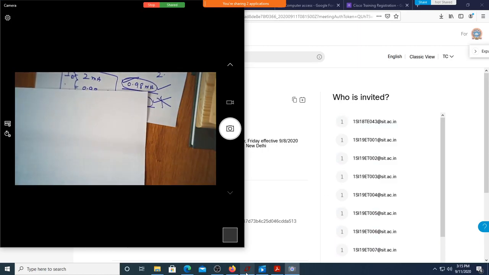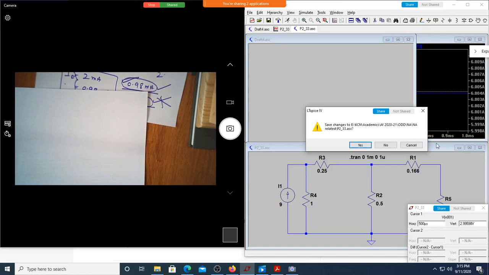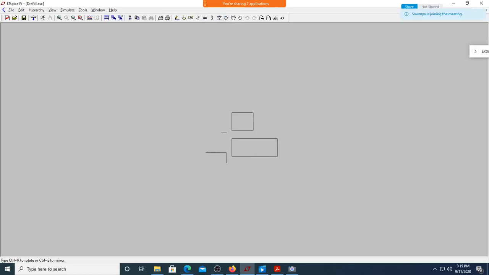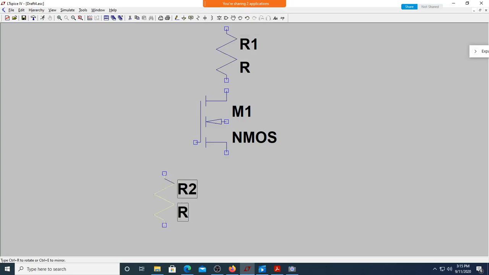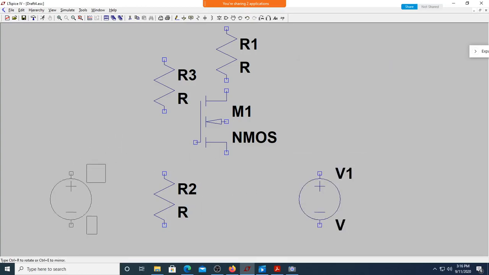Let me go to LTSpice here. Let me take a new sheet. This is my new sheet. Let me take out all this. Now let me take a transistor, a MOS4. Carefully observe what I'll do. This is this, and then let me take a resistor, put it here, two more resistors here, and then one power supply. Where is the power supply? The power supply is there in F2. Take one power supply here, and take one more power supply here.